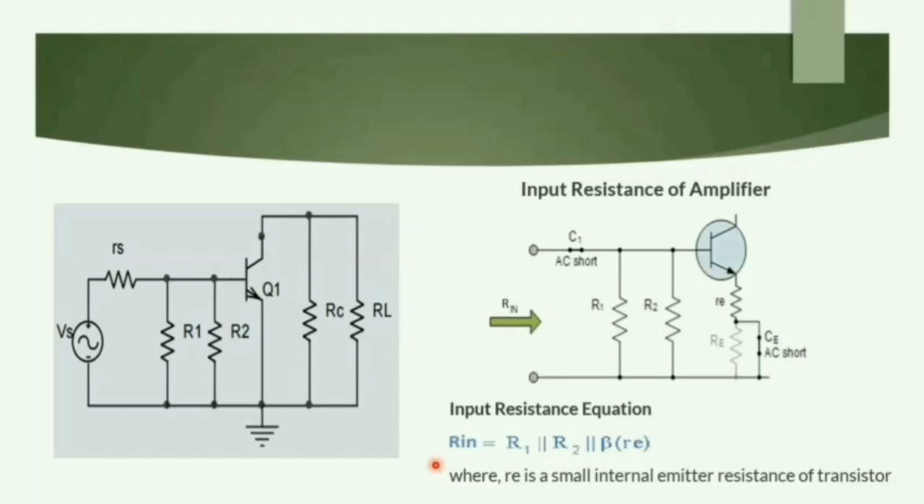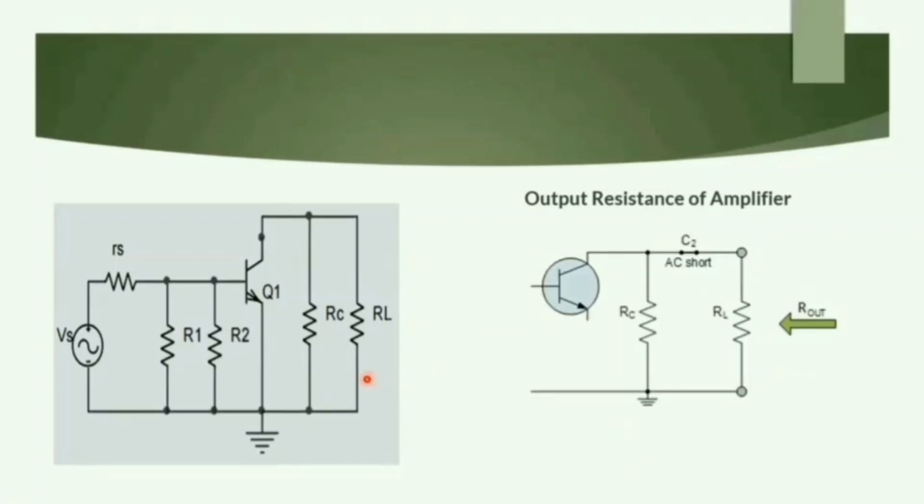Now all these resistors are comparatively small, and as they are connected in parallel with each other, the equivalent parallel resistance will be quite small, which is not desired, because ideally the input resistance should be as high as infinite, as discussed earlier. So low input resistance is the limitation of BJT amplifier.